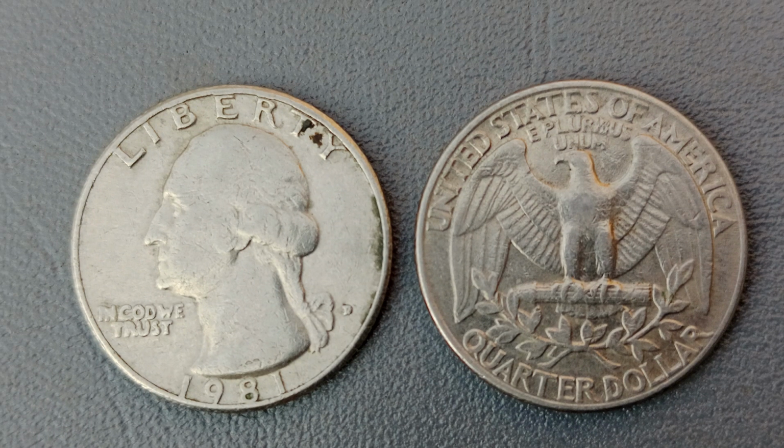Next, 1981 quarter dollar USA coin. Welcome everyone to this exciting and eye-opening deep dive where we explore the hidden treasures that might be sitting unnoticed in your pocket right now, and today we are uncovering the unbelievable story of the 1981 quarter dollar, a coin that